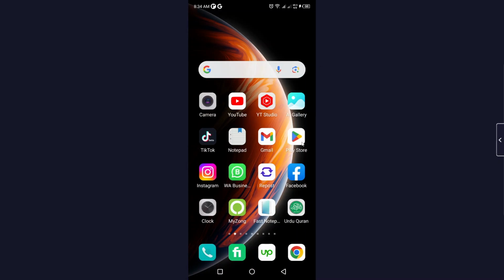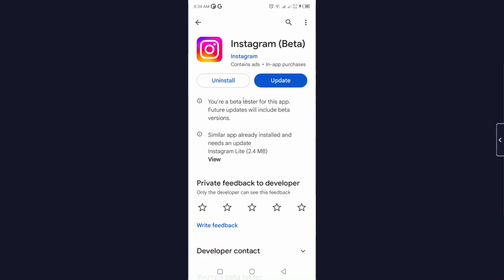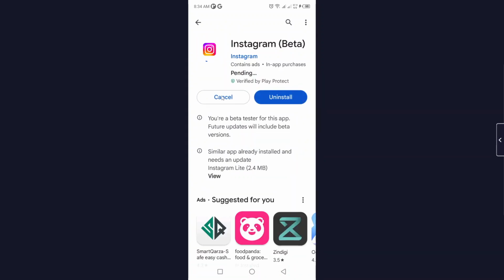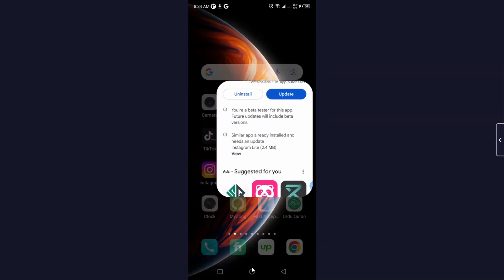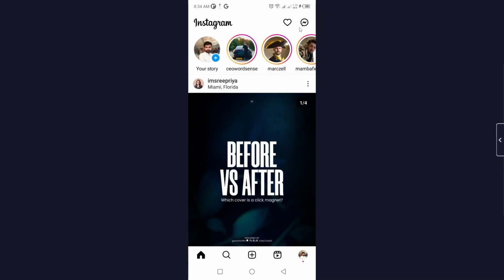The first step you simply need to do is to open Play Store and search for Instagram. And you need to update your Instagram application by clicking on update like this. So once you update it, you simply need to go back and open Instagram and click on the messenger icon